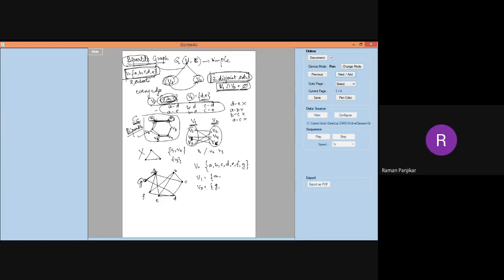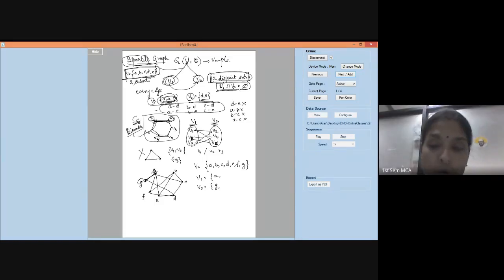Yes, ma'am. That should be an indication to all of you to find out how you can create these two subsets, V1 and V2. Now, let us say B and C. They are adjacent vertices, correct? Because you have an edge between B and C, B has to be in a different set and C in another. I cannot put them in the same set according to the rules of bipartite. So I will take B here, and in that case I have to take C there. Are you getting what I am trying to say?